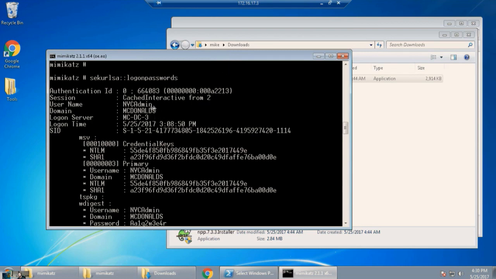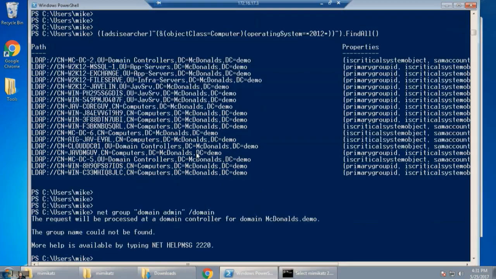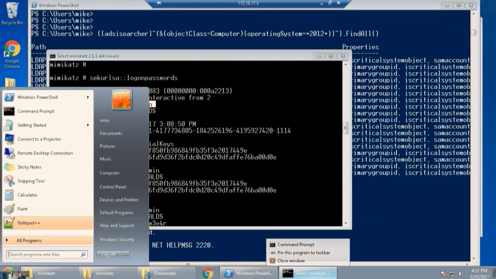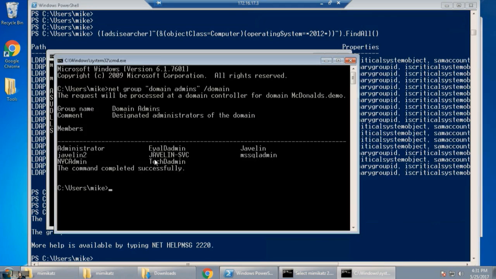So if I try to find out what this NYC admin is, it's not because the admin keyword makes him an admin. We need to find out if this user is even a domain admin in order to use it. So I can try again and go for this. For some reason this net command doesn't work here. Great. So as you can see, this NYC admin is part of the domain admin group, which makes him a